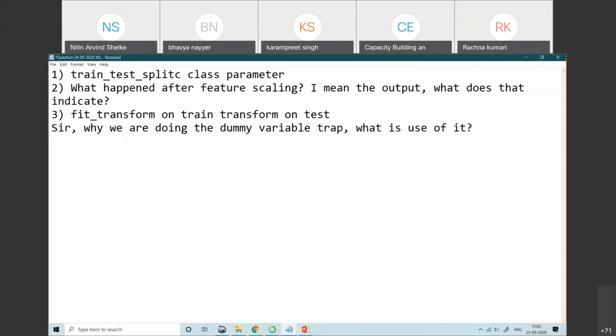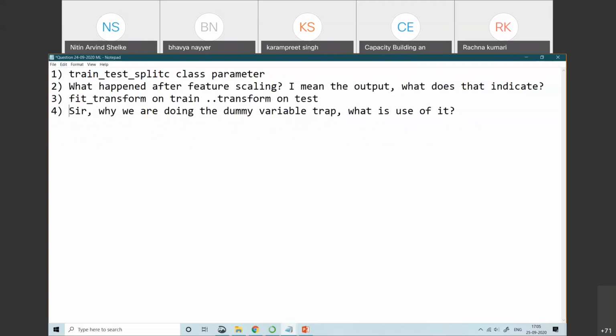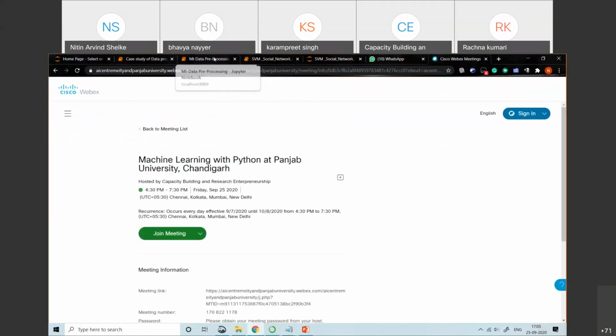Okay, so this is your third question. And the fourth question that we are having is, why we are using the dummy variable. So one by one we'll discuss that, and after that we'll start with the SVM algorithm for the classification. Okay, so the train test split class that we use, specifically that class we have used